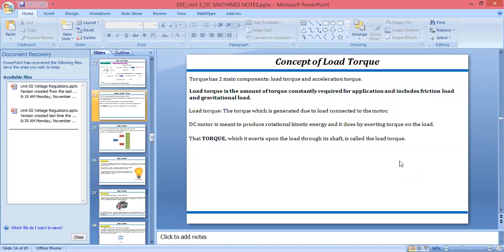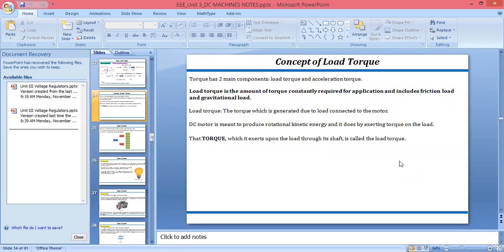It means what? If you are connecting a load at the output, the load can be anything. If you are putting an inductor, a capacitor, or any device like an AC, a fan, or a refrigerator, all this we call a load, because when we are using DC machines, at that time we will get the EMF that will be given to the load.